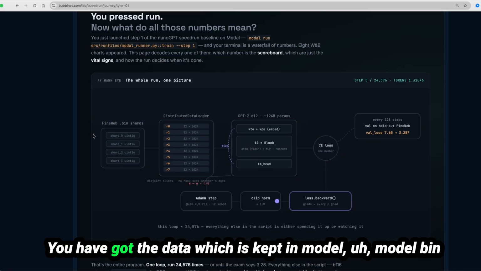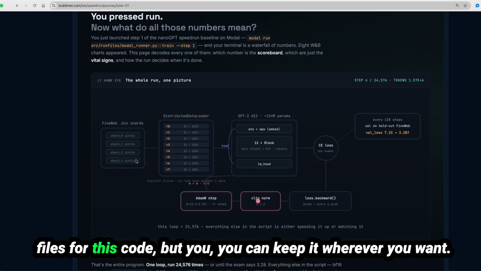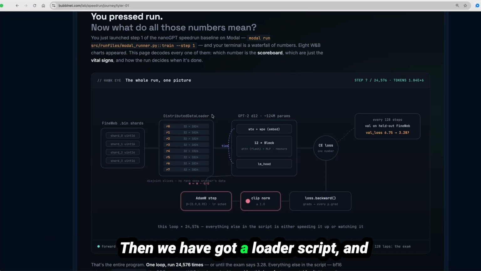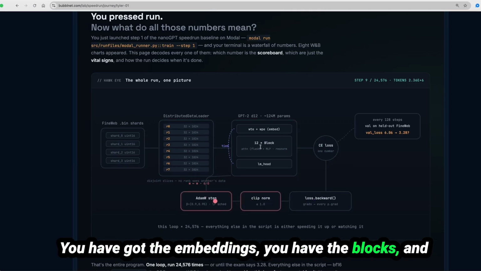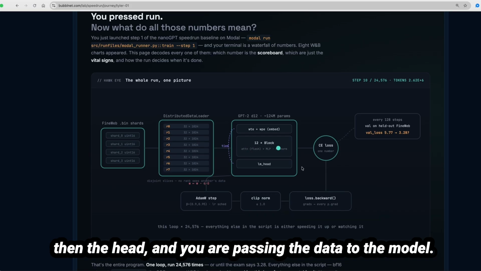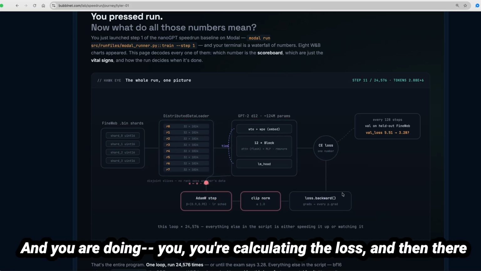You have got the data which is kept in modal bin files for this code, but you can keep it wherever you want. Then we have got a loader script. So this is the structure. You have got the embeddings, you have the blocks, and then the head, and you are passing the data to the model,